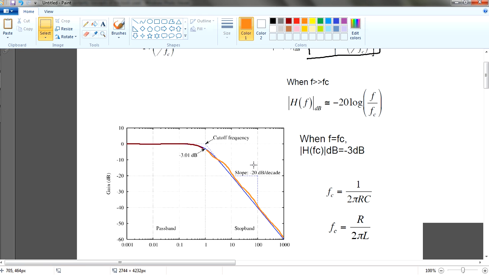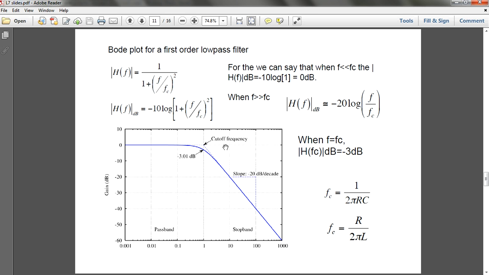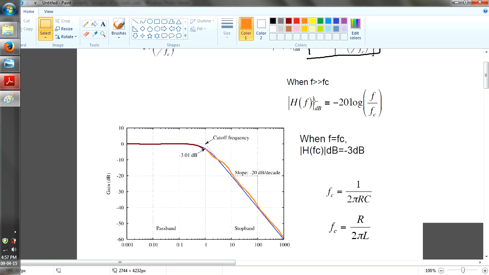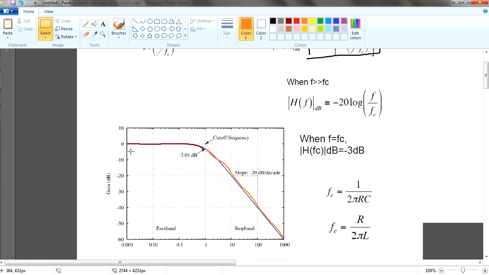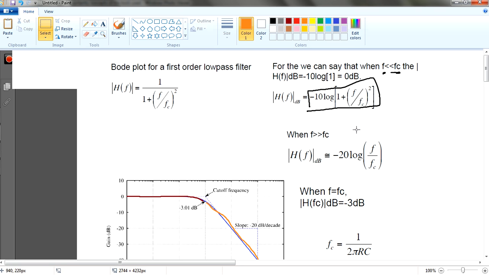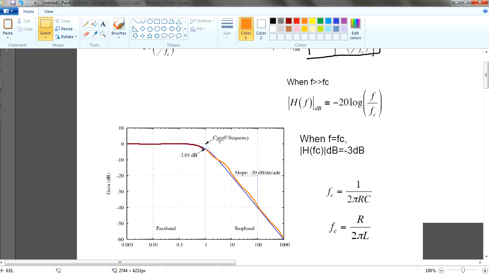Okay, this is a very key important issue, and this is also why this is acting as a high pass filter, right? Because you have a very high cutoff frequency. Okay, you have a high cutoff frequency in this case. So whatever frequency that is lesser than this frequency will be filtered out, while if you have a frequency that is higher than your cutoff frequency, then you will start to, you know